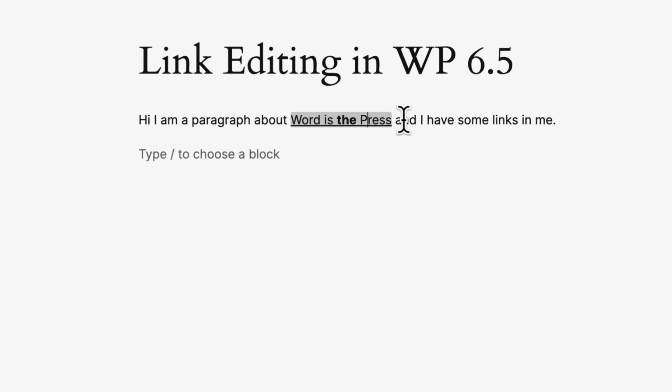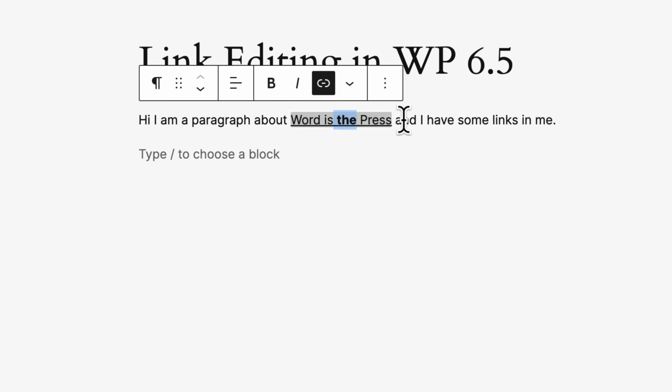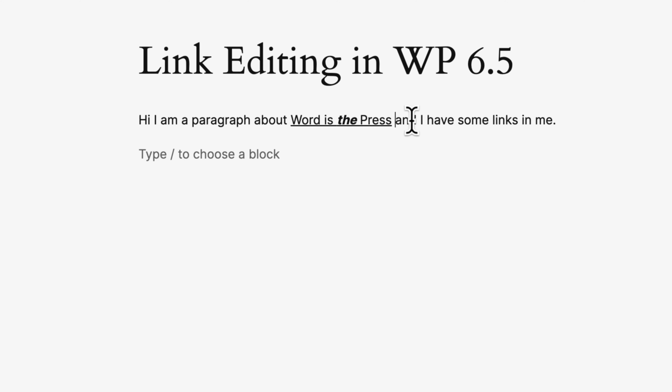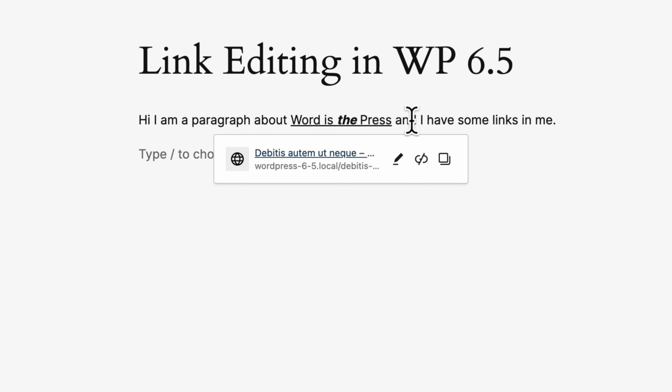Let's do that again with the keyboard. I'll select the, and I'll apply italics. And the link UI has not triggered. If I move back into the link, however, and then trigger it by pressing Command K, the shortcut, the link